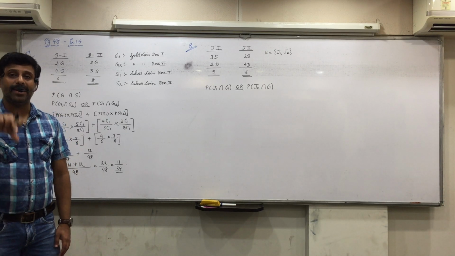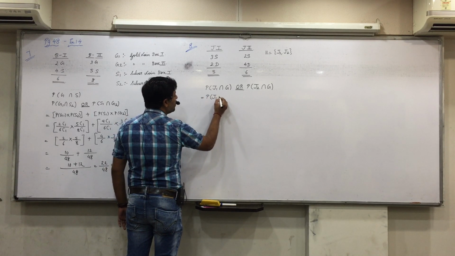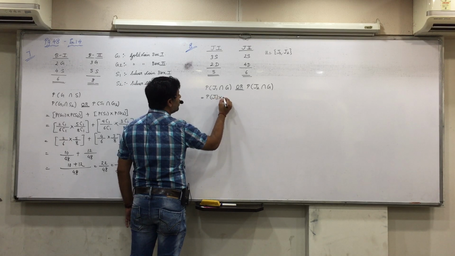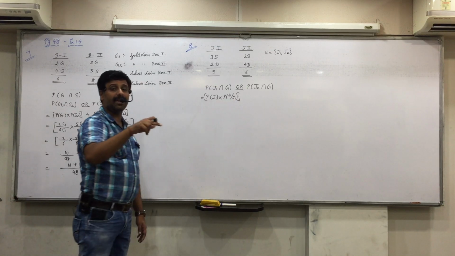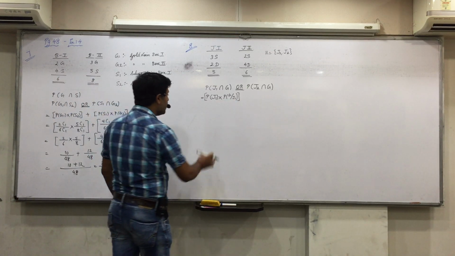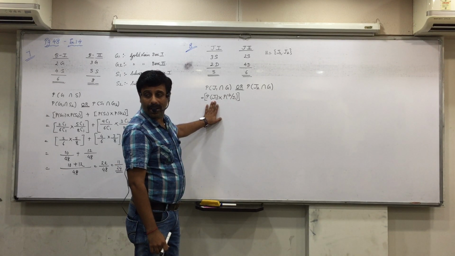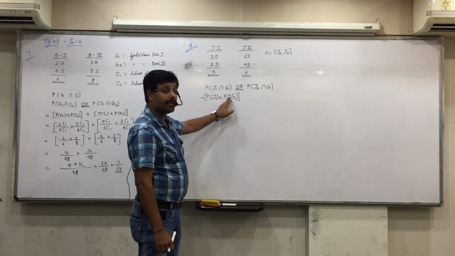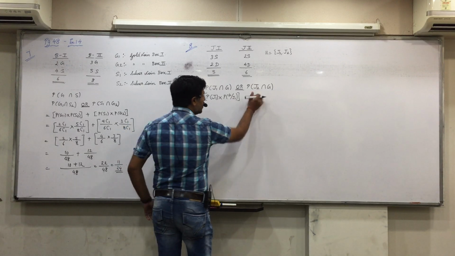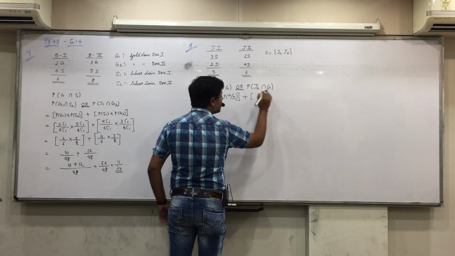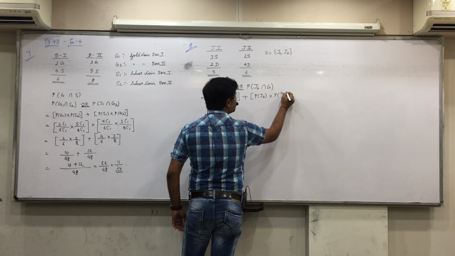Here we will apply the formula of dependent events. What did I tell you? If you multiply with P(A), then you will multiply with P(B given A). So if you multiply with P(J1), you will multiply P(G given J1). That means the probability of selecting joint family 1 multiplied by the probability of selecting a girl, given that we have selected joint family 1. Same way, the formula of OR means plus, P of J2 multiplied by P of G given J2.